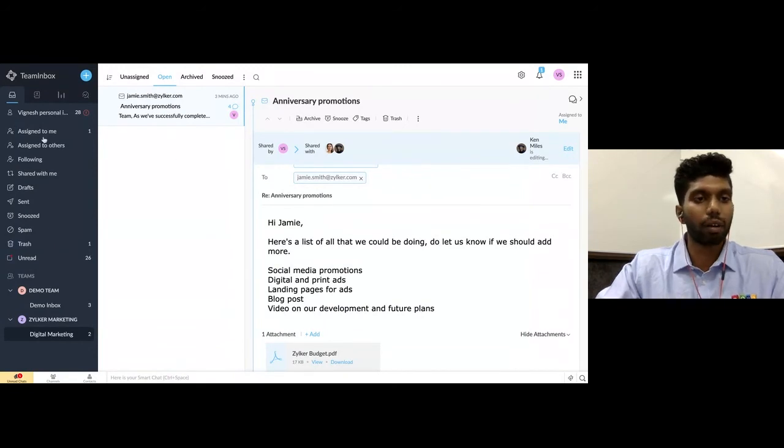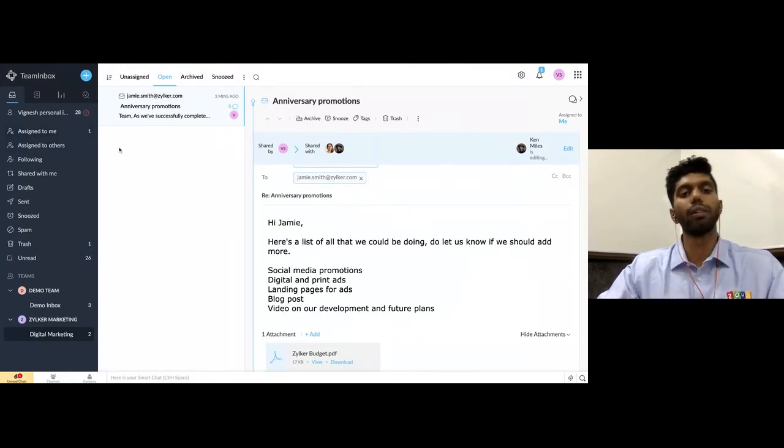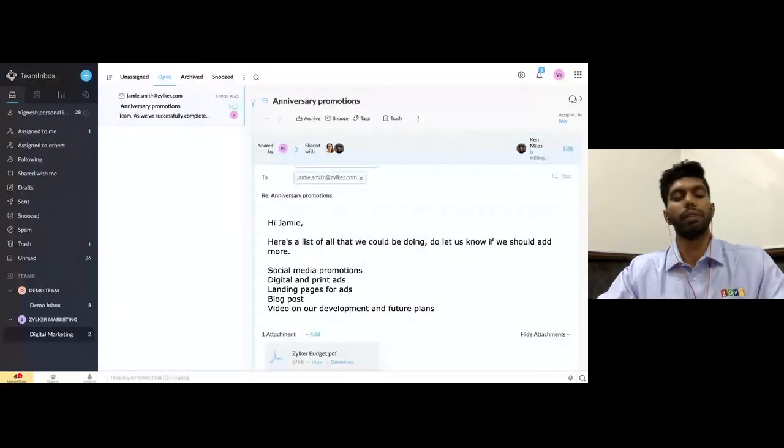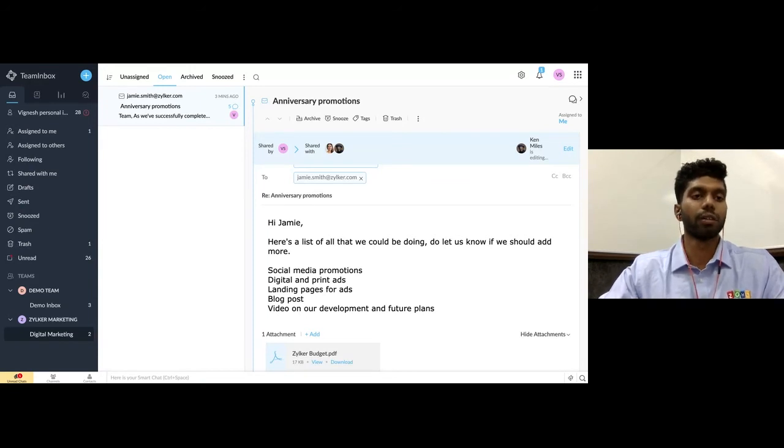Other than that, you'll also have this in this left pane. You see something called assigned to me, where all the emails that were assigned to you will be visible here, and all the emails that are assigned to your teammates and members of your organization will be visible here in the assigned to others section. And suppose you want to follow up with the thread,